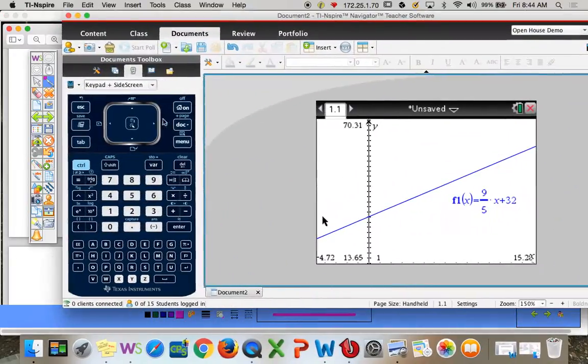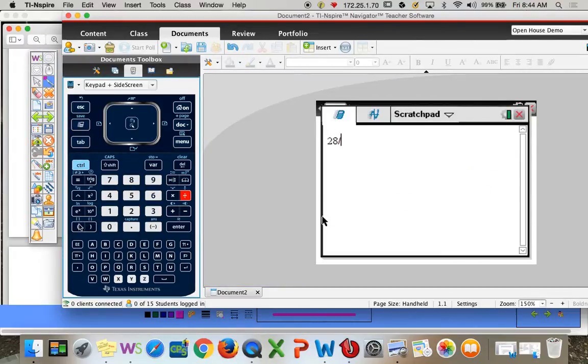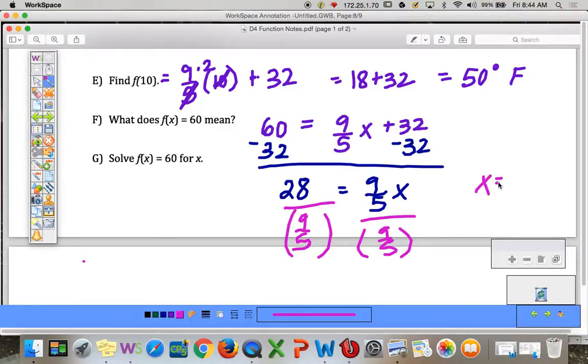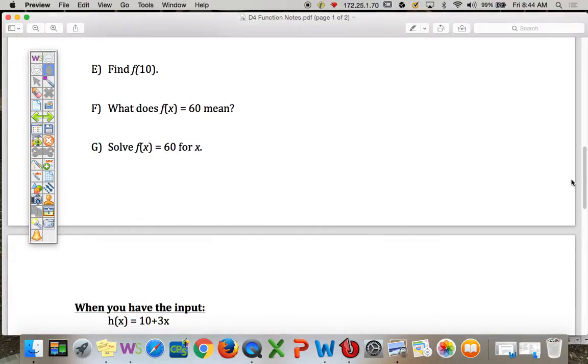So here's what it looks like in our calculator. 28 divided by 9/5, then parentheses. Okay, oh, I should have hit Control, Enter. So it's about 15.6 degrees Celsius. So when it's 60 degrees outside Fahrenheit, it's 15.6 degrees Celsius. Okay,